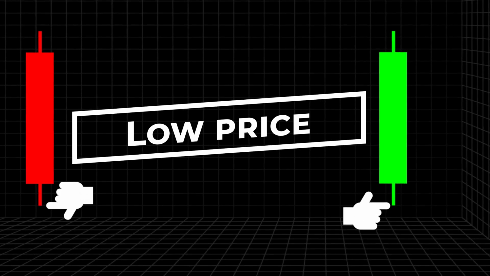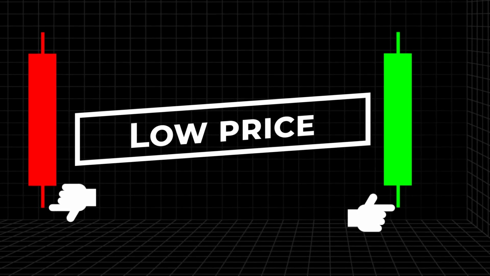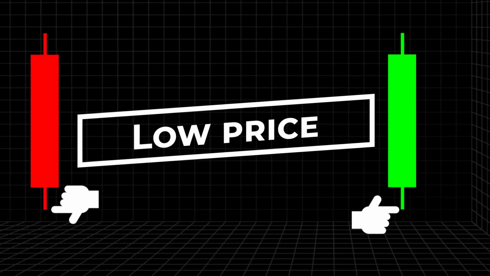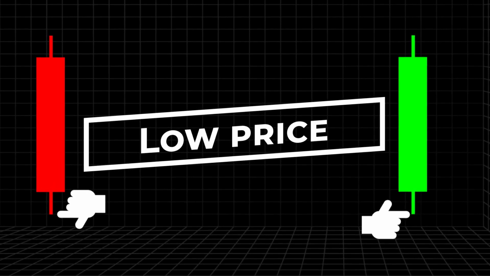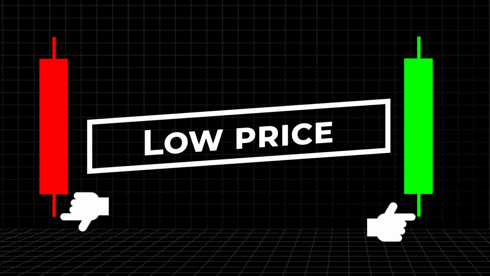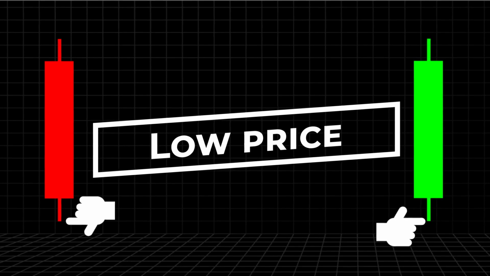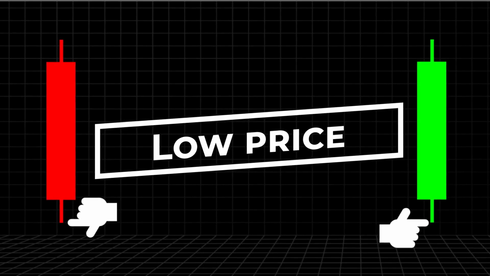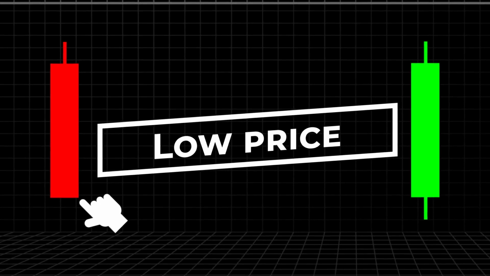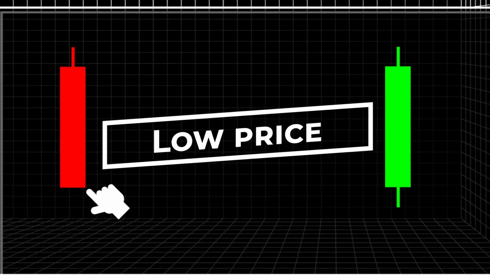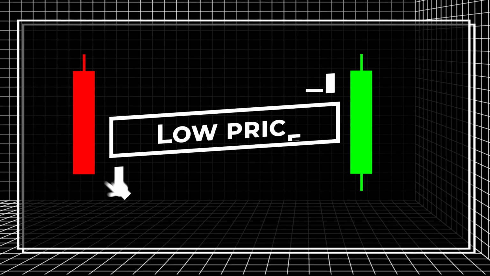Low price. This is the lowest price the asset, whether a stock, bond, or commodity, traded at during the session. It shows how far the sellers managed to drive the price down before the buyers stepped in and took back control. The low is usually considered a support zone, where buying pressure is strong enough to stop further declines. The exception here is when the asset closes at the low. That signals little or no support from the buyers. And the bulls were only saved because the session ended.